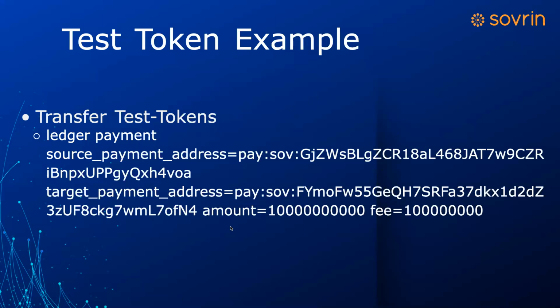Adam may not have even seen this part yet, where you have a source payment address, which is my stuff that I'm saying I'm going to transfer to you, and this is your payment address I'm transferring to. I'm going to transfer 100 tokens, and the fee is 1 token. I'm not sure why there's a fee equals here. I asked that question as I was building these slides, because I was like, wait a minute, isn't the fee already out there? Don't they already know what that fee is? So I think eventually that fee equals will go away, because we can't change what the fee is.